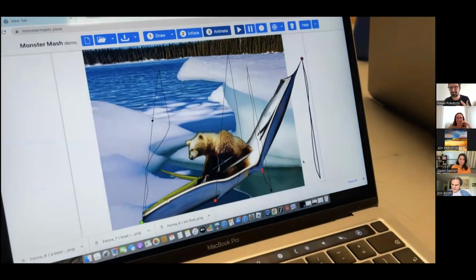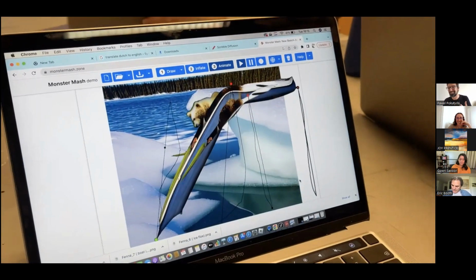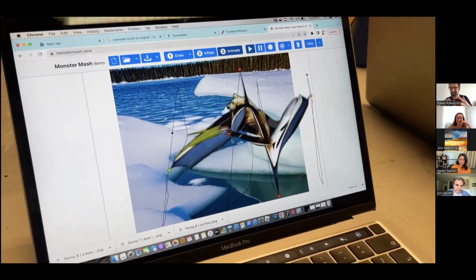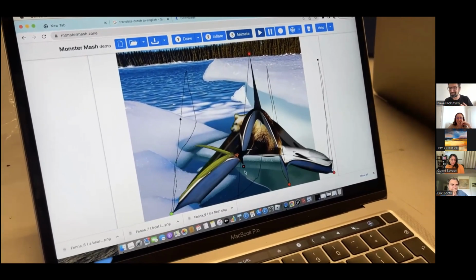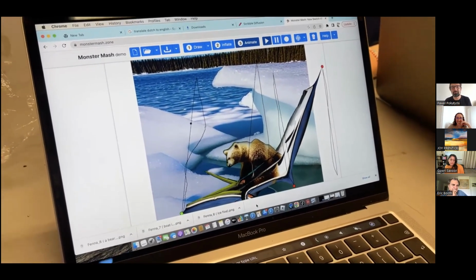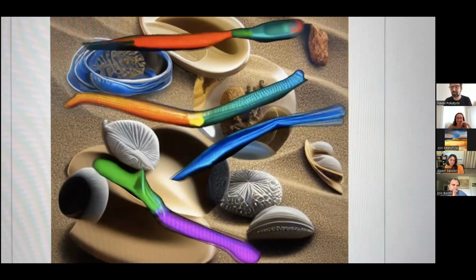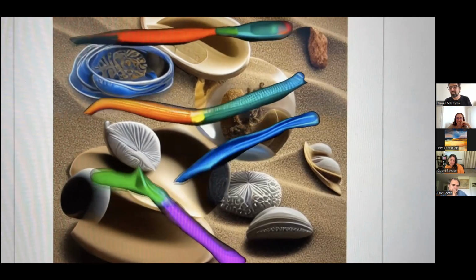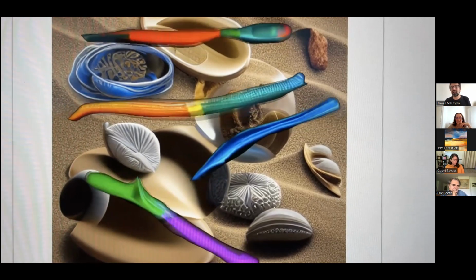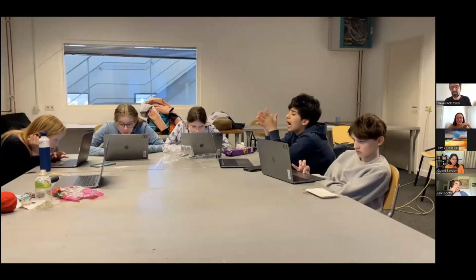In this case, you have a bear struggling on the melting ice, a kind of iconic image. The girl wanted to animate it to show his struggle somehow with this tool. These are plastic worms that come to life, new beings that invade the natural habitat.